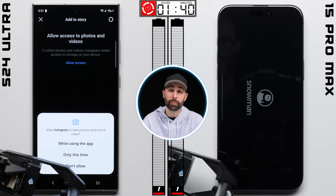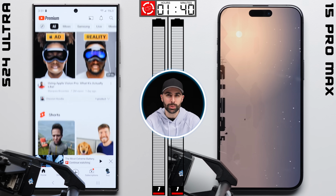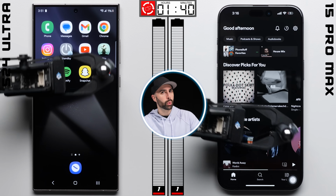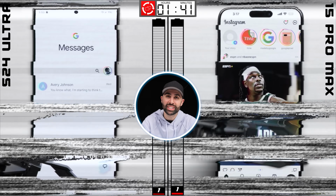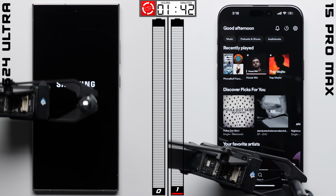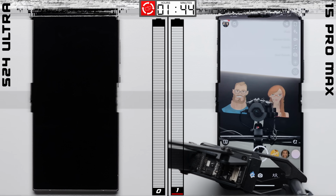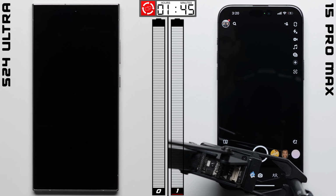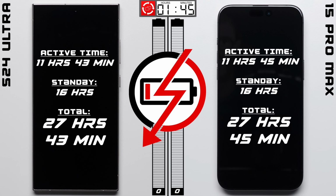1% remaining. Now, at this point, I think it's worth noting that both phones are absolute beasts when it comes to battery life. I mean, we're over 27 hours and 42 minutes into this thing, and both of them are still going, which is just crazy. But there you go, the Galaxy dies first, with the iPhone being able to last just 2 minutes longer itself before it also dies, bringing the total time to 27 hours and 43 minutes for the Galaxy and 27 hours